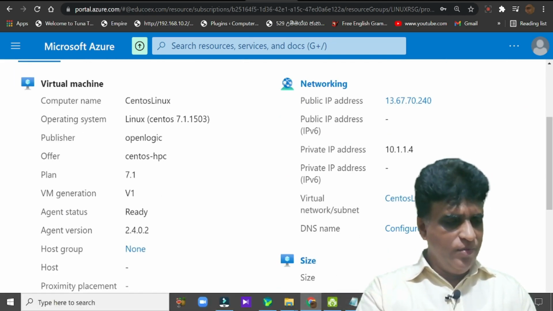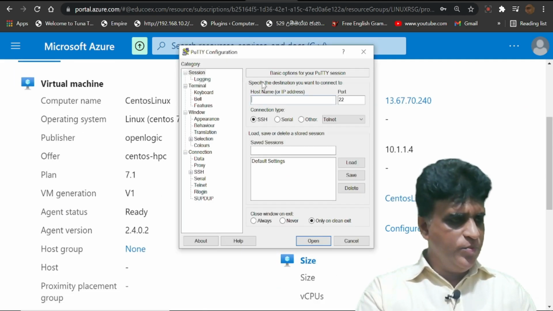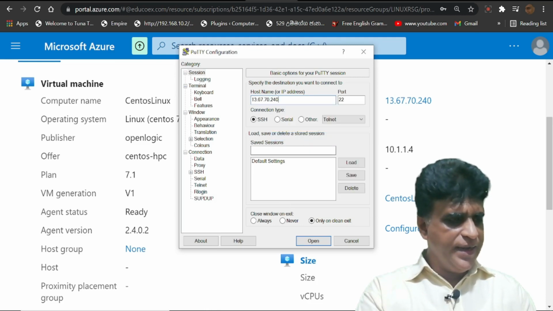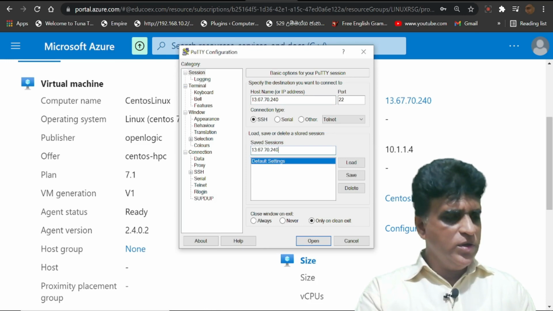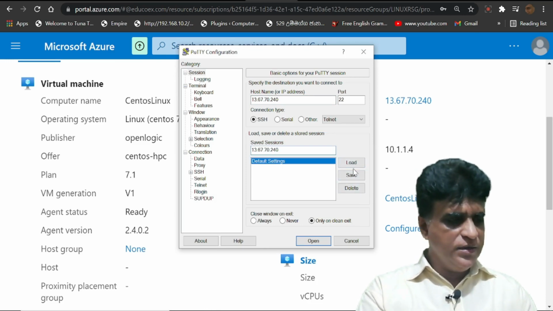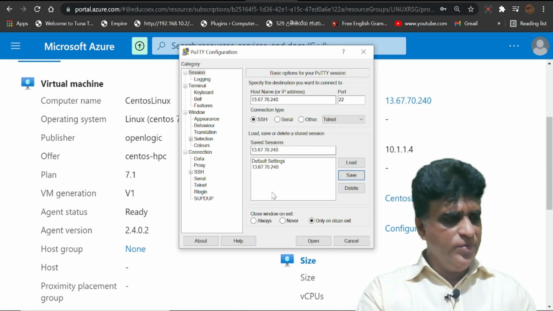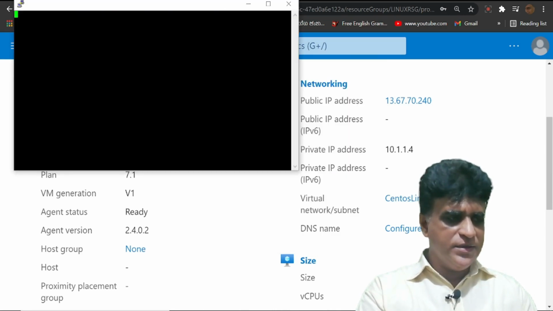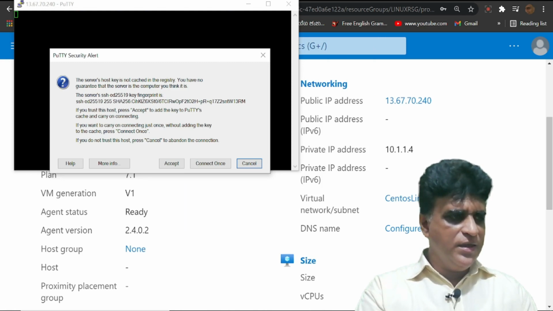Then I am opening my PuTTY and I want to paste it here. I can connect it anyhow. I am going to save this connection, because I don't want to add my IP address each time I am logging in, right? Now I have saved this. I am going to connect with this.